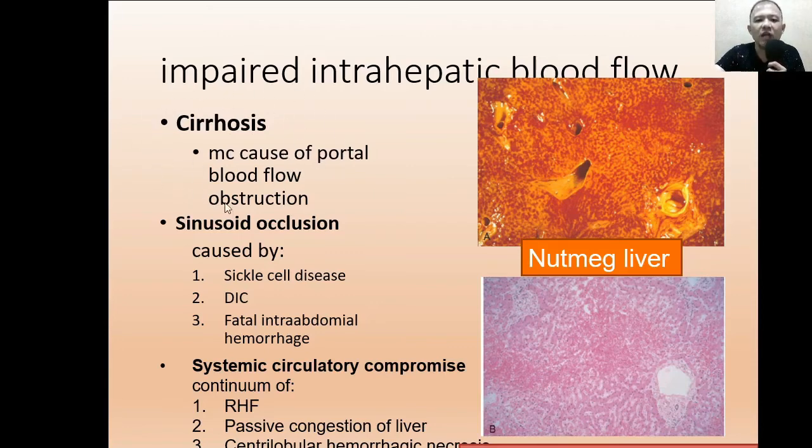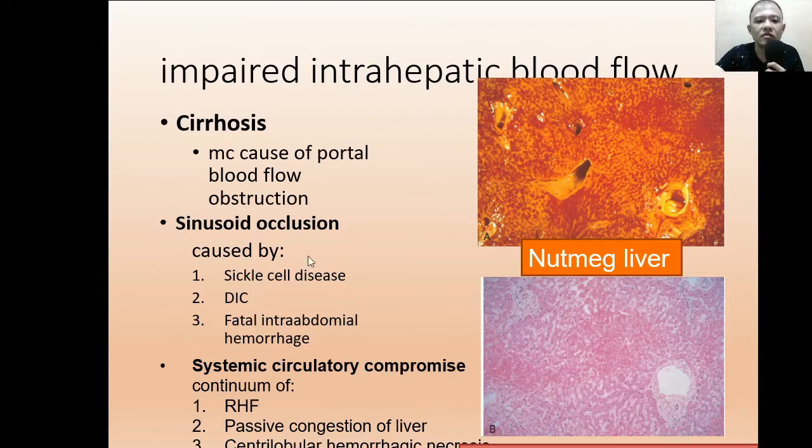You can also have obstruction secondary to congestion. This is systemic circulatory compromise, just another phrase for chronic passive congestion. We have a case of chronic passive congestion in the laboratory,